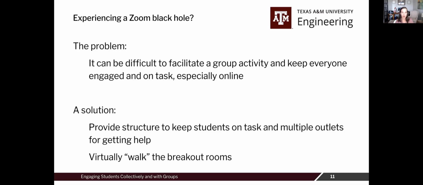So the way I've gotten around this and to help make that time really effective for my students is to give them a very clear structure. This is what we're going to do and why we're doing it. Here's what you need to complete. And here's the amount of time you're going to have. And then as we are in the breakout rooms, I'll send them an update. Hey, you have 5 minutes left, 2 minutes left, that sort of thing. So they're not ever surprised, like, oh, it's time to go.